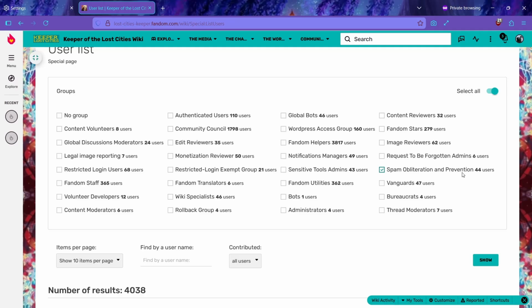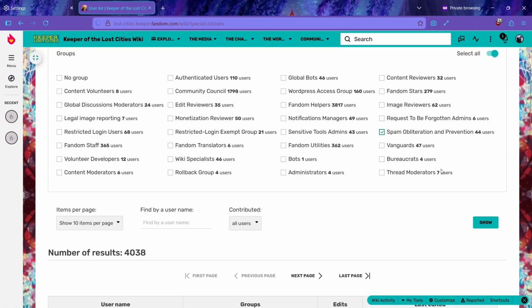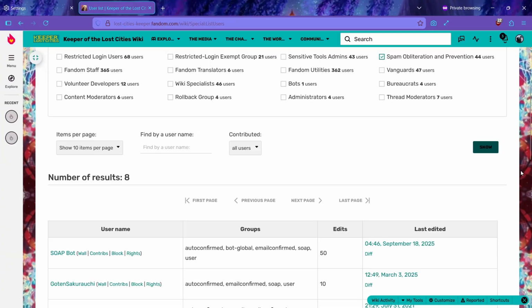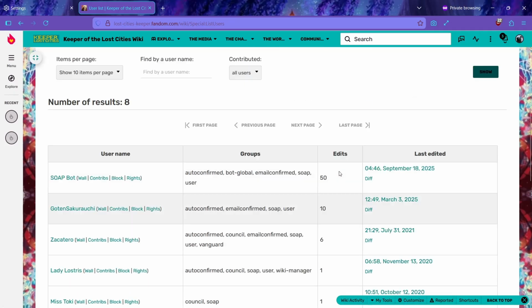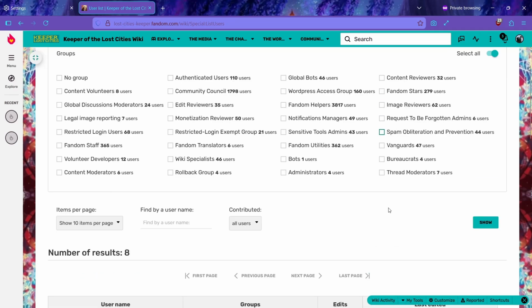On the very rare occasion that we've had really big spam attacks on the wiki, you can call in SOAP to come help out, and they're really, really good at cleaning it up fast and well, even things that are really tricky to figure out how to fix. And you can see just who the SOAP people on here are. And the SOAP bot, which will undo page blanking automatically and that kind of thing. Super cool stuff, I think.